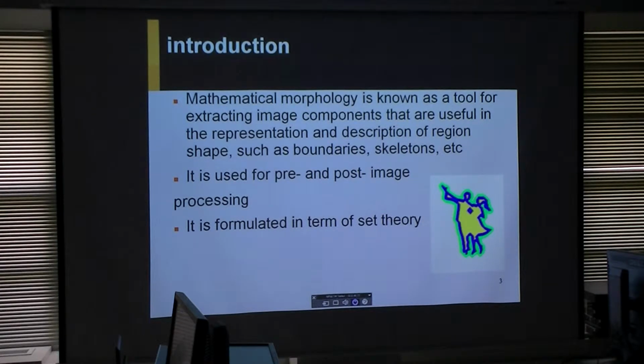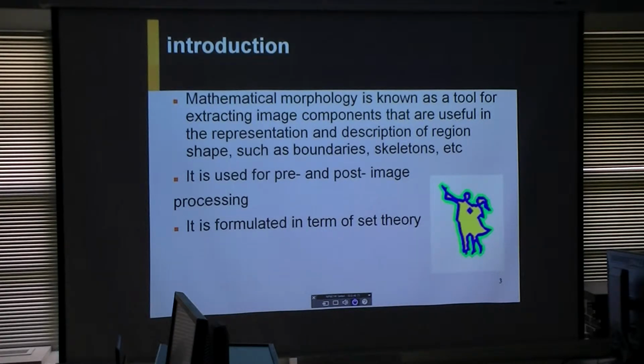Mathematical morphology is a tool to extract the image component. As you can see in the picture on the right side, it can give the image, the boundary of that, and the skeleton of images. It's important for processing images, and the basic concept of morphological image processing is that it uses set theory,